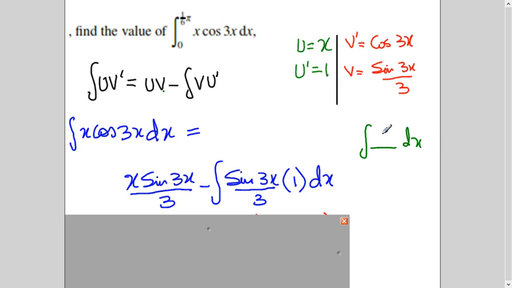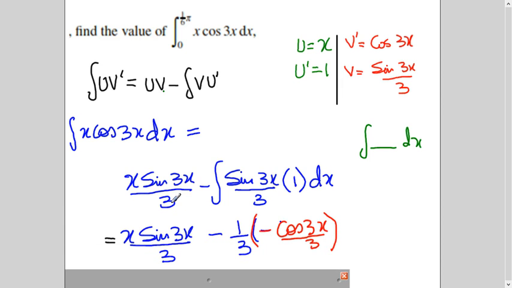For example, the function is in x. So that's why dx is coming here. After that, this is coming as it is. 1 over 3 is going outside the integral, and integration of sine 3x will be minus cos 3x divided by 3. You may think, why am I not writing c? Because we have to go for a definite integral. When we apply limits, we do not write plus c. So let's see on the next page.